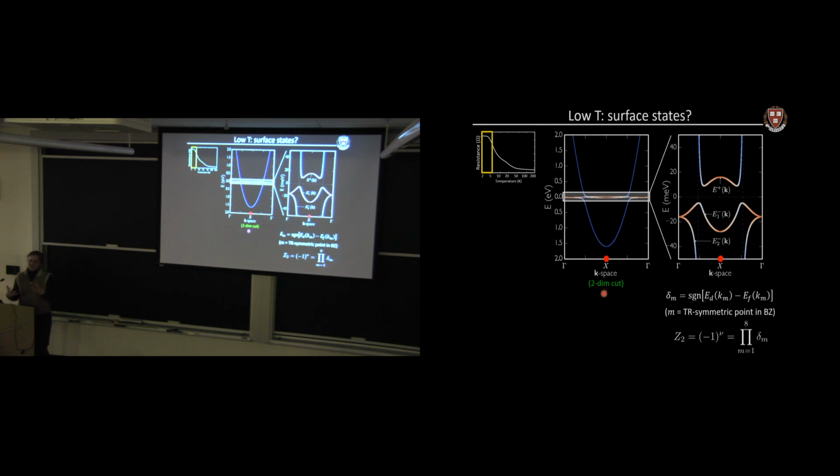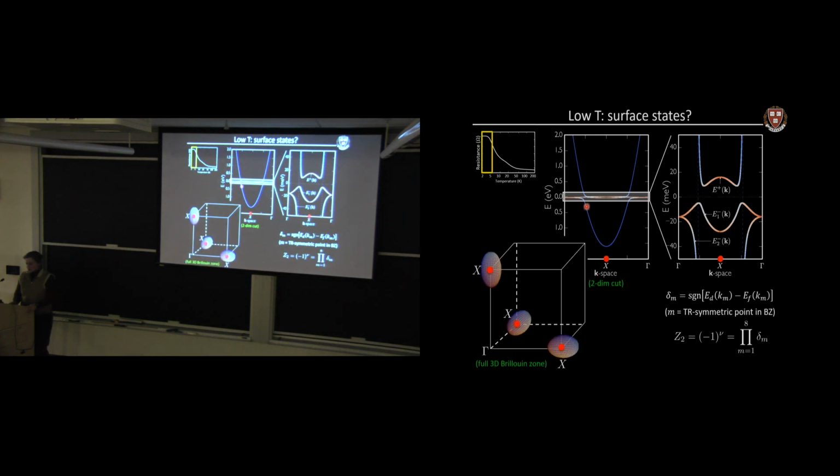And in fact, for a material to be topological, you need to look in the full 3-dimensional momentum space, and you need an odd number of band inversions. So in order to really understand this, I need to look in 3 dimensions. So here's a 3-dimensional momentum structure of the material. And there's actually 3 sets of Fermi surface crossings at 3 high symmetry points in the Brillouin zone. So this is Kx, Ky, Kz.